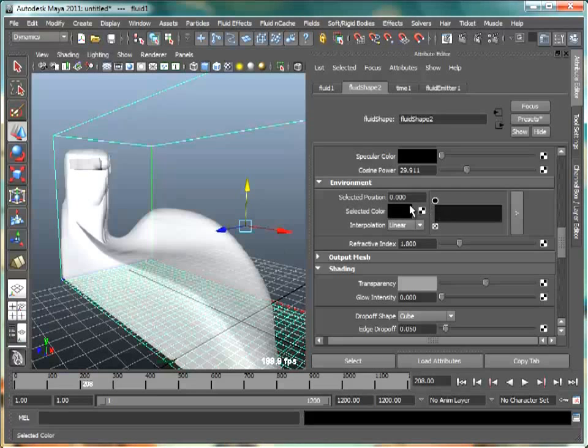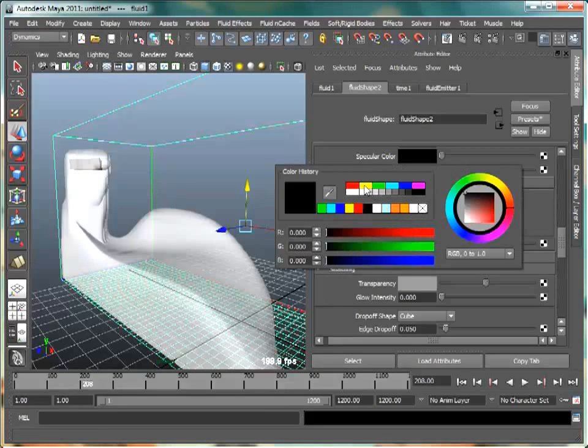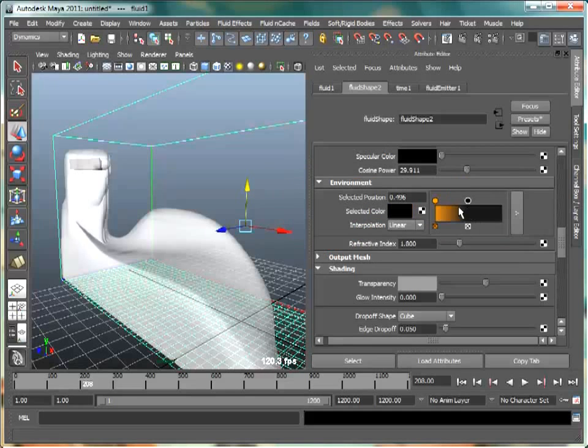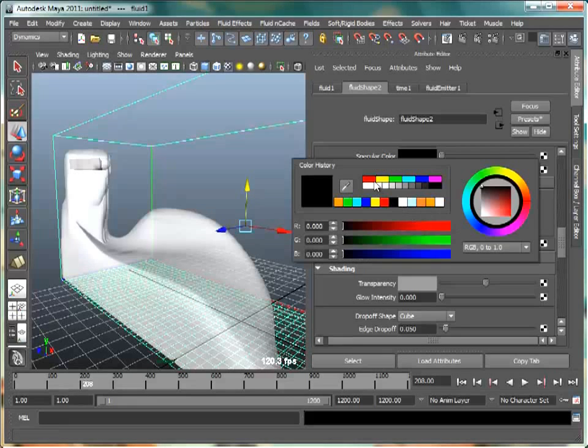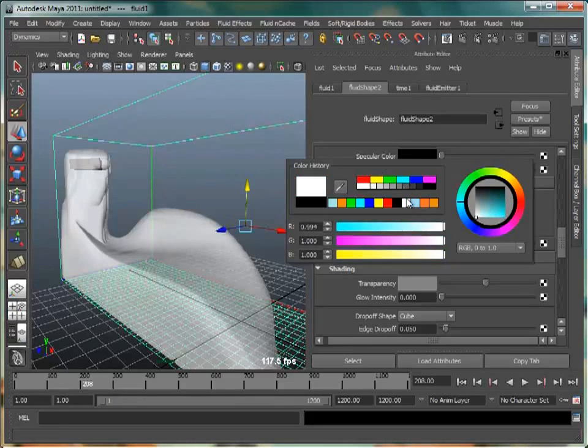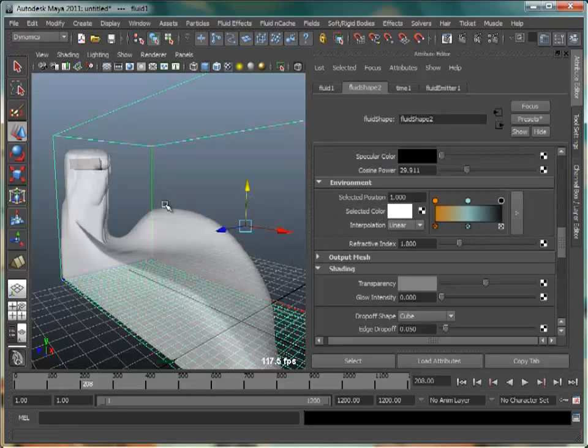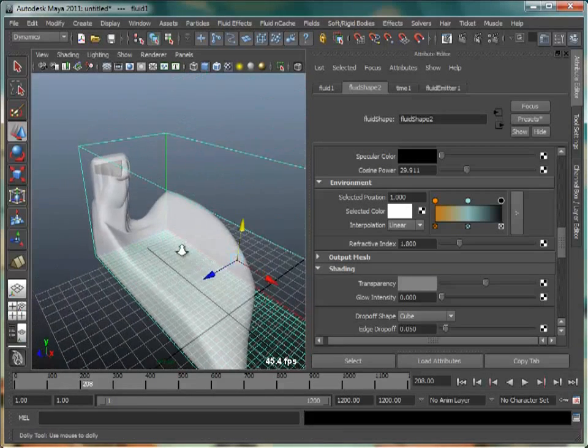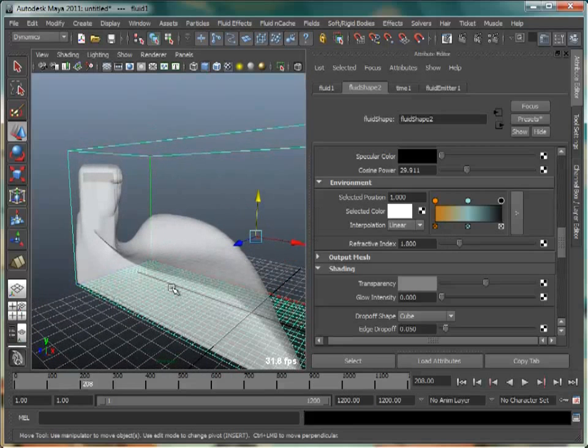So if I go ahead and give it some color, say some orange to light blue, and the last white. So now when we render, our fluid will reflect this environment color,